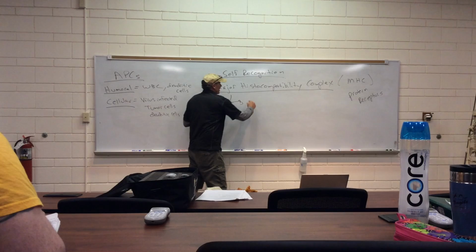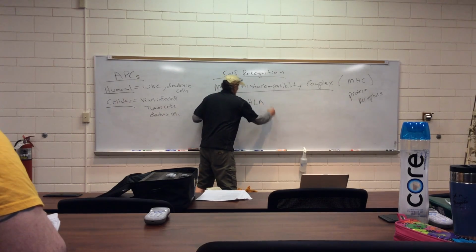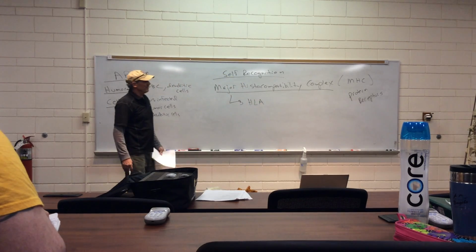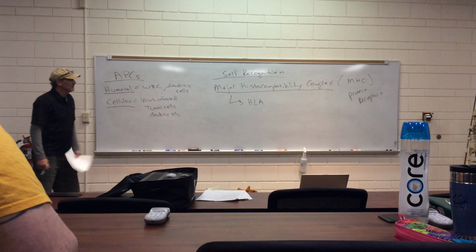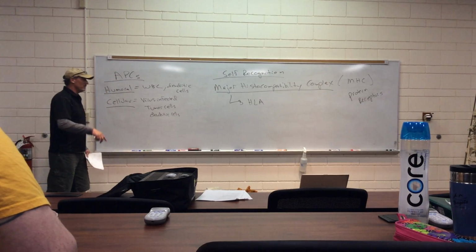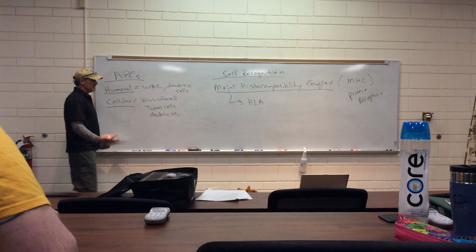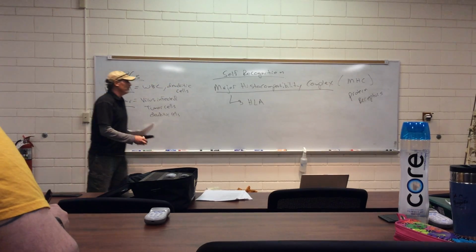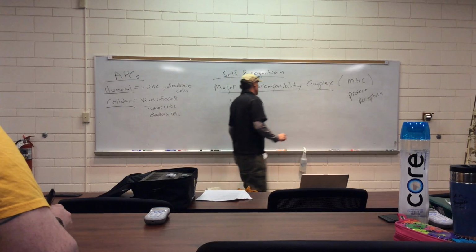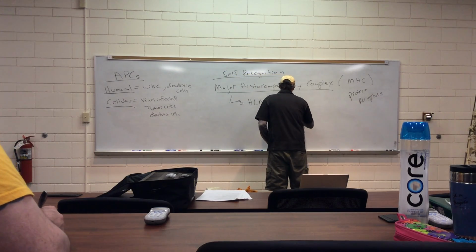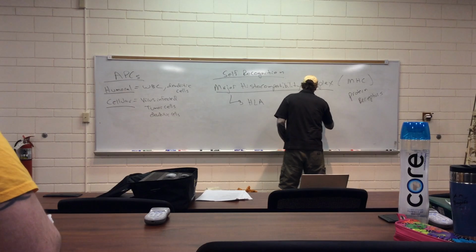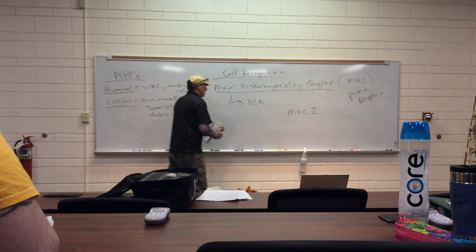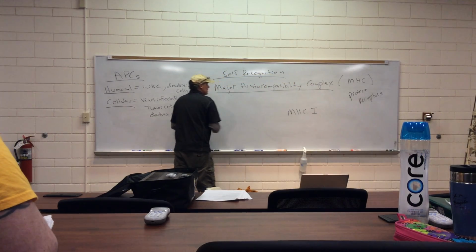In the humans, it's called the HLA system. They're identical. They're homologs of one another. You could take it out of the mice, put it into the human. It's basically the same functional thing. So this major histocompatibility unit consists of two different types of receptors. MHC class 1 type receptors and MHC class 2